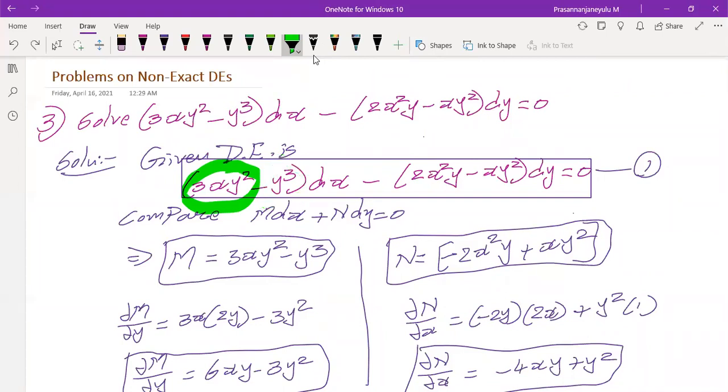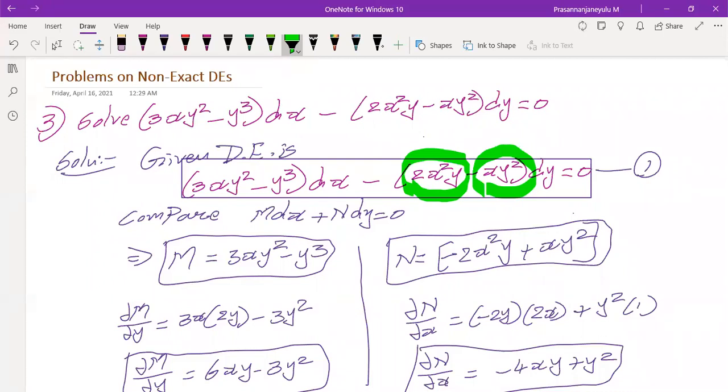So the sum is 3 only. So it is the same. But coming to the second term, it also contains two terms. Treat it as terms number 3 and 4. Term 3 contains a function in terms of x and y variables. What is the sum of powers of x and y? It is again 3. In the same manner, what about the fourth term? The sum of powers of x and y is the same, 3.